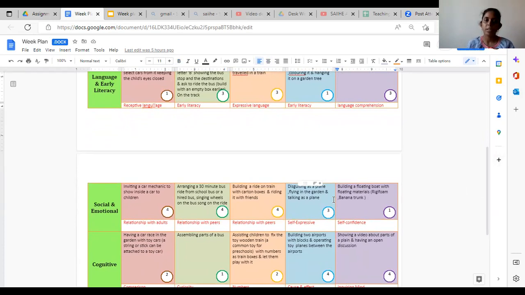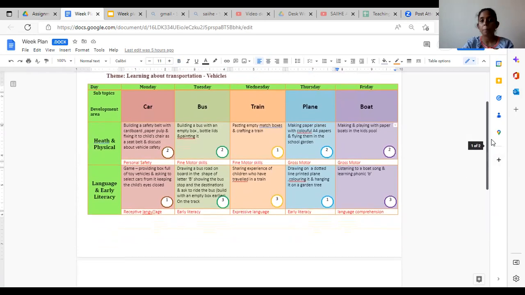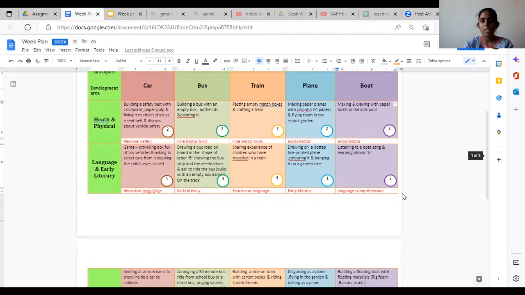They just get into the carton boxes and ride them. They'll align them one after the other, one child after the other with a carton box, and they'll ride together as a train. And here the domain is social and emotional, and the specific aspect to be developed is relationship with peers.